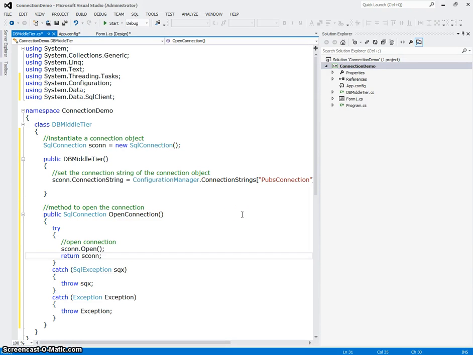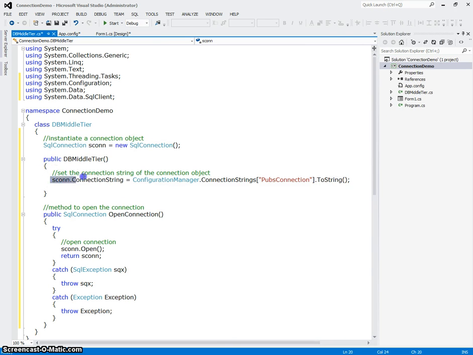In the last video, we saw how we could use the middle tier method and also use a connection to a SQL Server database to instantiate and to open a connection object. So here you can see I've instantiated my connection object. Here, I'm going to scroll this out a little bit. Here is my connection string